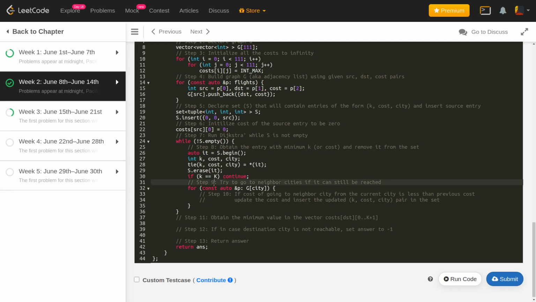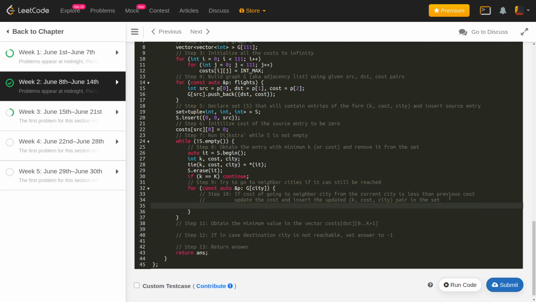Okay, now if the k value has not reached this capital K, what we can do is try going to each of the neighbors of the city. Since all the neighbors can be accessed from this adjacency list using g of city, I'll be iterating on all the neighbors, and we'll see what if I can reach this particular neighbor P from this particular node that I have here, which is the city.